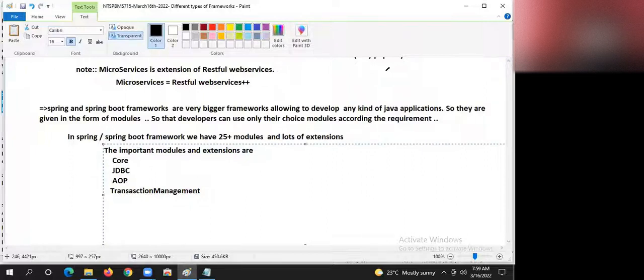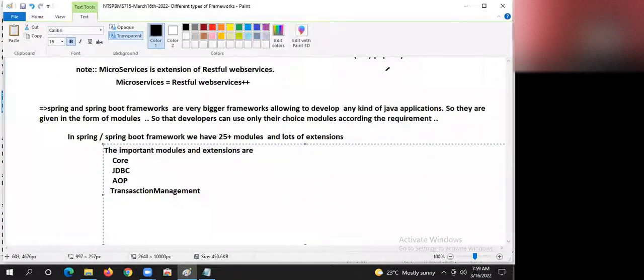Yes, definitely we will be learning all these modules from the Spring Boot angle. Initially, we will be learning the Spring Core module from the Spring angle. Then I will introduce Spring Boot. Once we get into Spring Boot, every module will be discussed from the Spring Boot angle. Got it, guys?